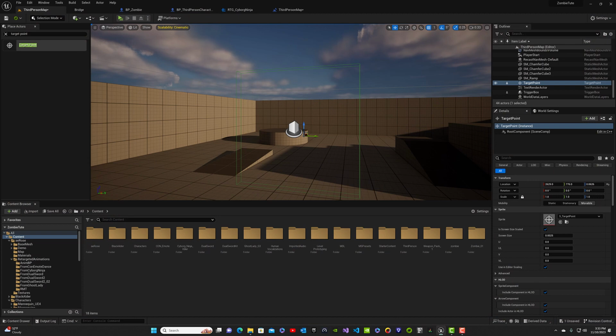It doesn't have to be that effect specifically, but since that was in starter content, I just thought I'd show you that technique in case you want to use it with your own sound effects or your own visual effects when the zombie dies. I guess one last thing I can show you is that we don't only have to